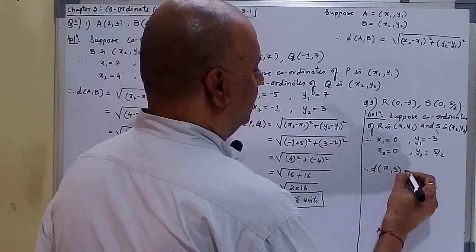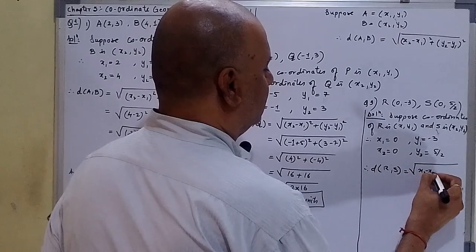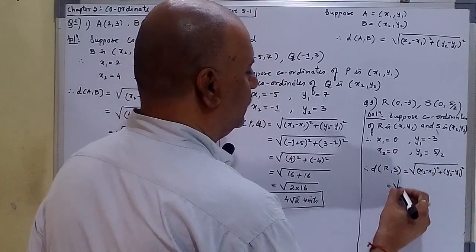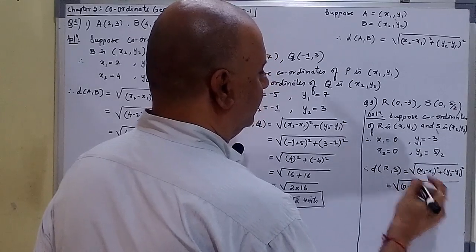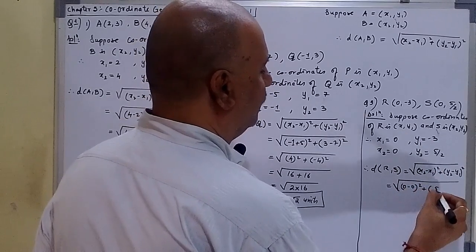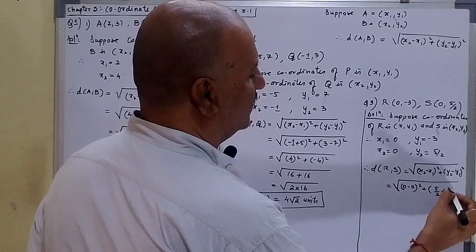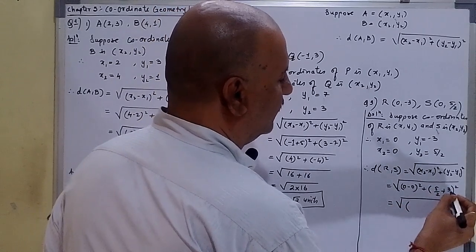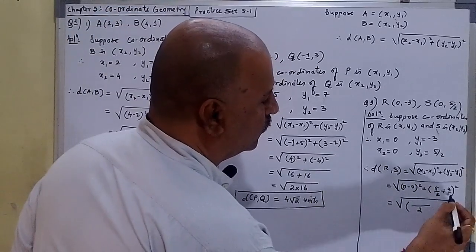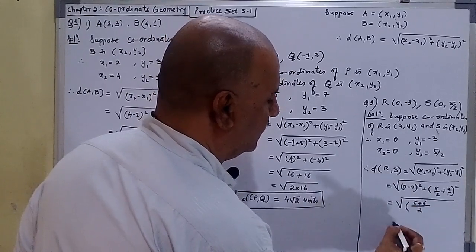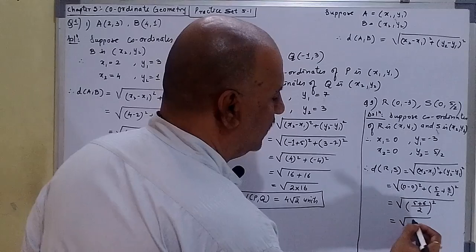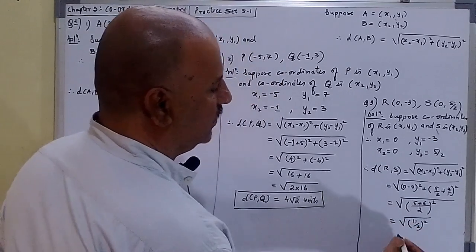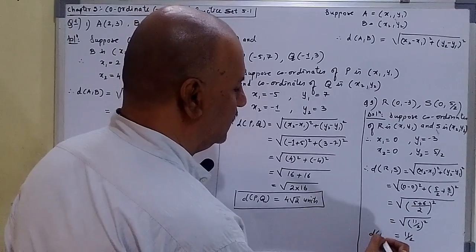Distance RS is equal to the square root of x2 minus x1 the whole square plus y2 minus y1 the whole square. So this is 0, 0 minus 0 the whole square, plus y2 is 5/2 minus of minus, minus plus, 3 square. So the square root of... take the LCM: 3 means 3/1, so 2 times 1 is 2 and cross multiply, 5 plus 6. This is a perfect square, so it will be 11/2 the whole square. The square root of the square cancels, so the answer is 11/2 only. So distance RS is 11/2,